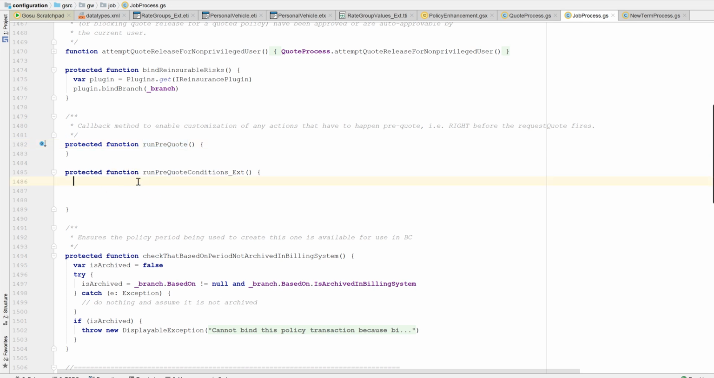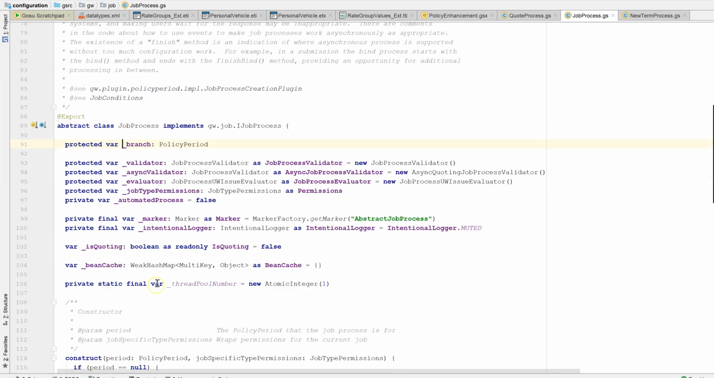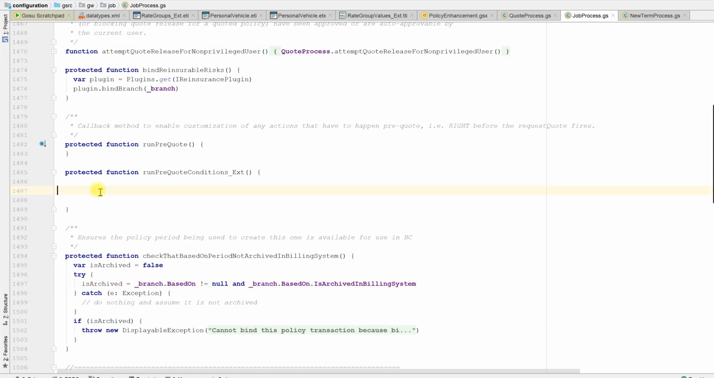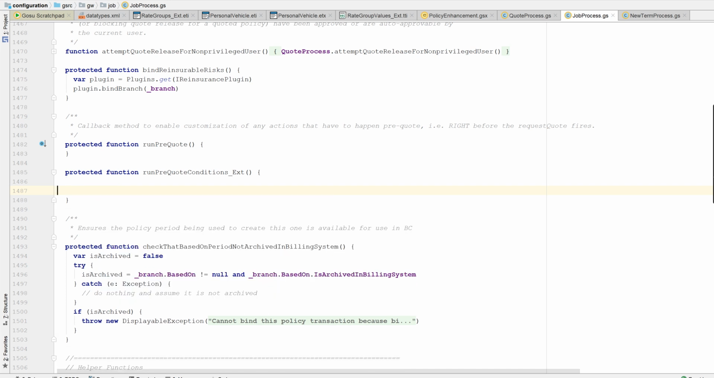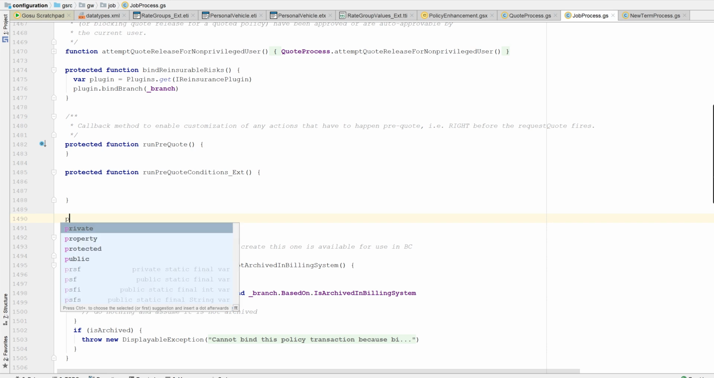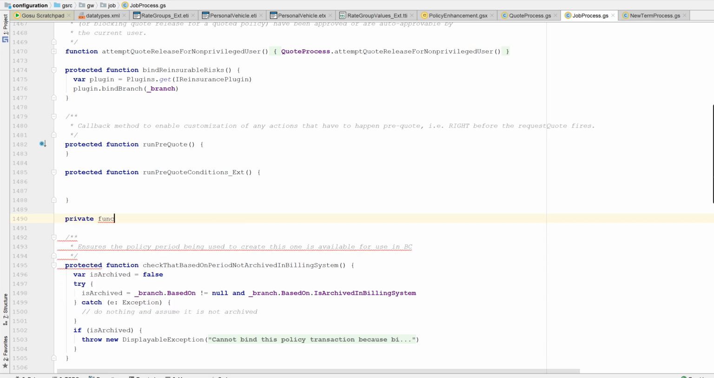So now how to start? If we see here, we have a variable called branch. This is the global variable. So we have branch, then we are good. What we can do, we have multiple LOBs as well. If branch dot, so before this, instead of like this, what I will do, I'll create one more function, private function